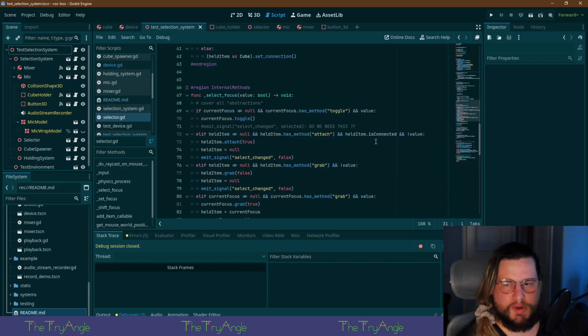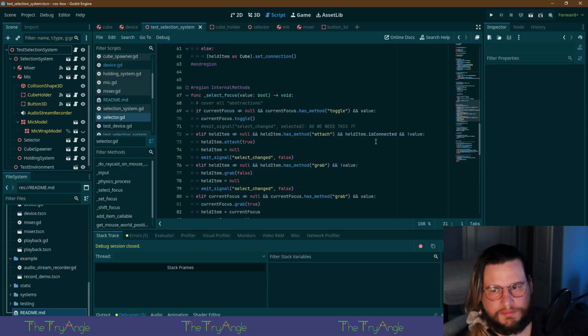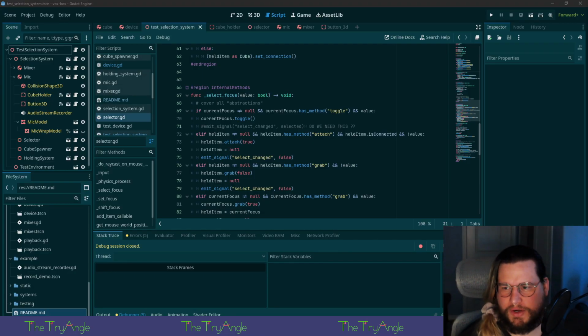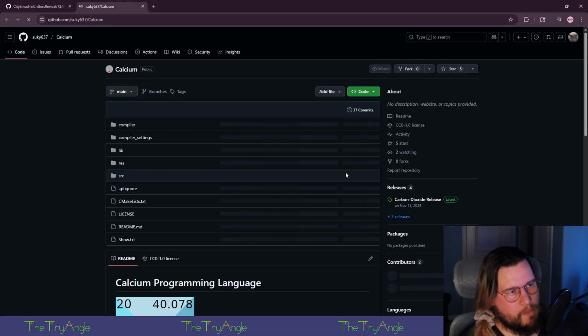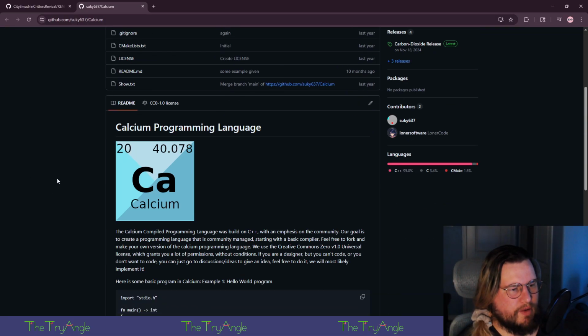I can look through the repo. Well, post a link to the repo in the Discord. Oh, you already did. Oh, it's purely backend.